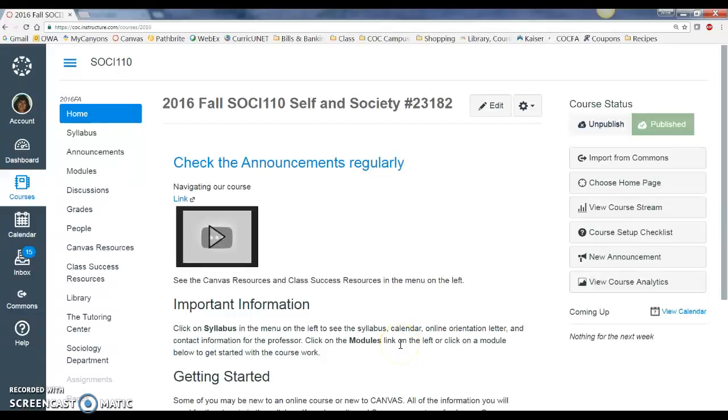Navigating Canvas for Sociology 110. To the left, once you log into the class, you will see the Canvas menu. This will be the same for every course. Then right next to that, you'll see the menu for this particular course. This is Sociology 110. In the home item, you get a link to check the announcements, which takes you back